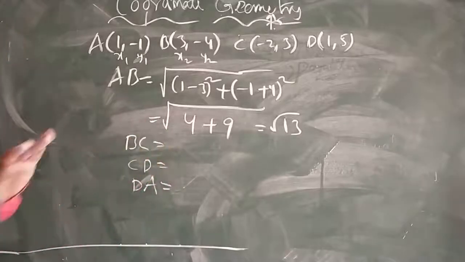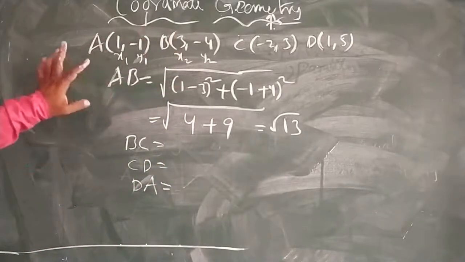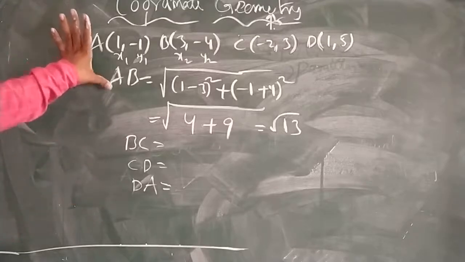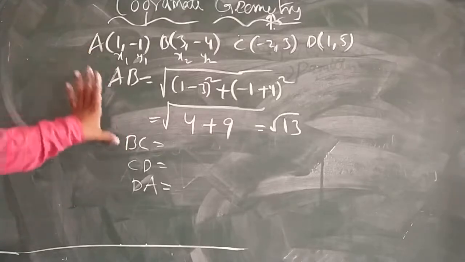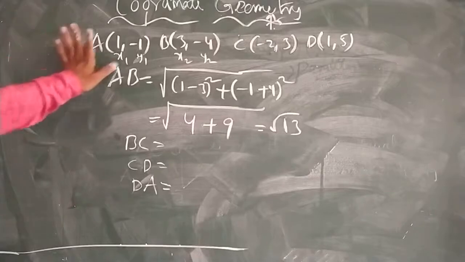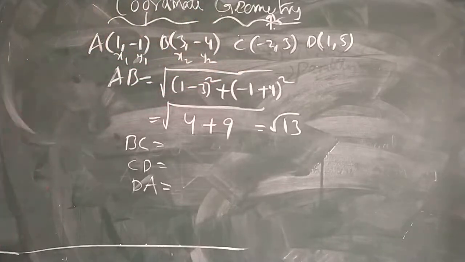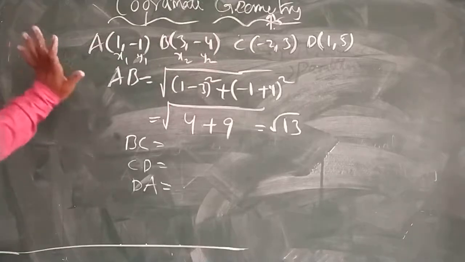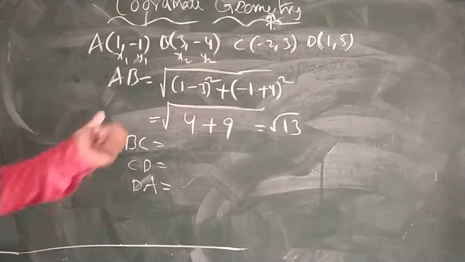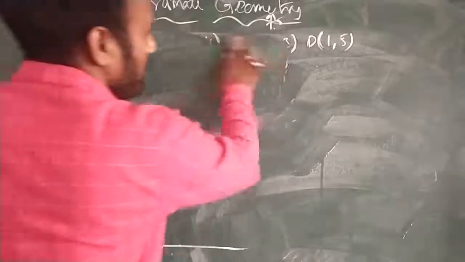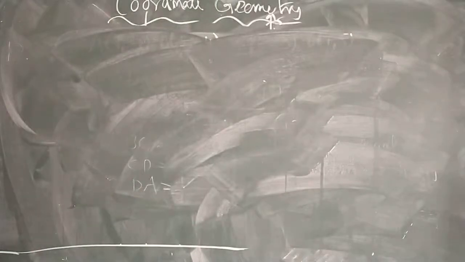And make sure that since I have taken random numbers, I may not get all sides equal. So you take the textbook questions and work them out and make sure what kind of figure we are going to get if 4 points are given, what kind of figure we are going to get if 3 points are given. So based on this, we can do some questions of the exercise which are related to coordinate geometry, which is based on the formula of distance between 2 points.